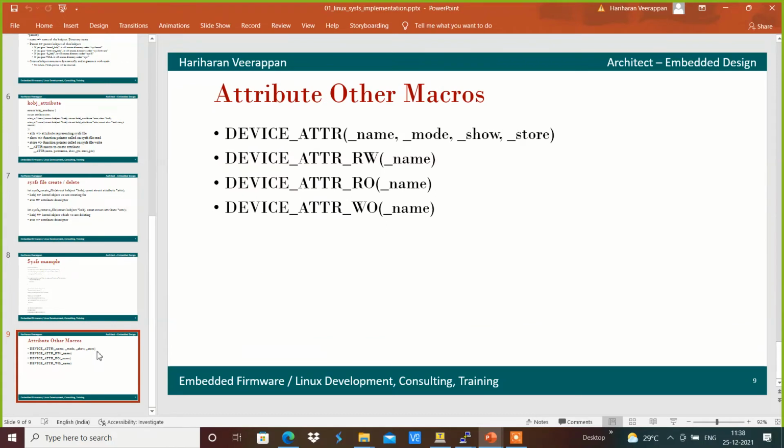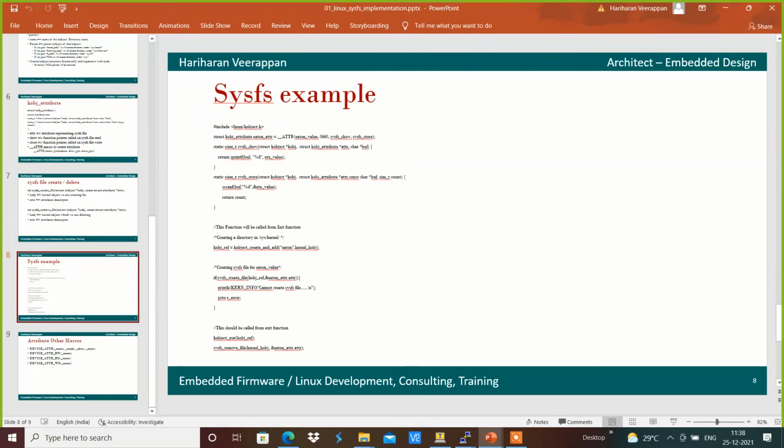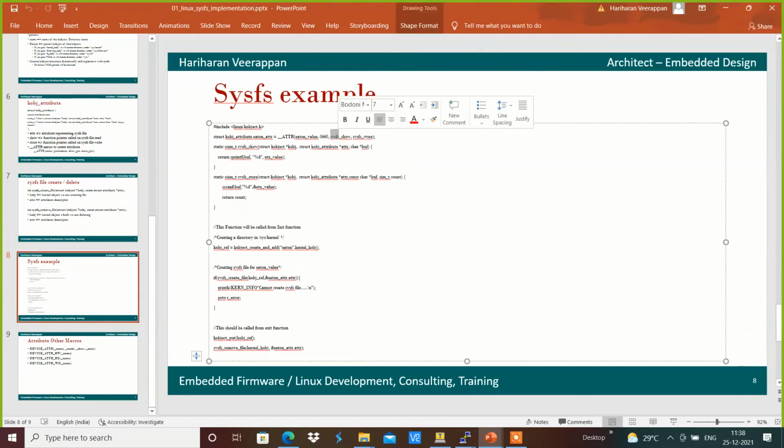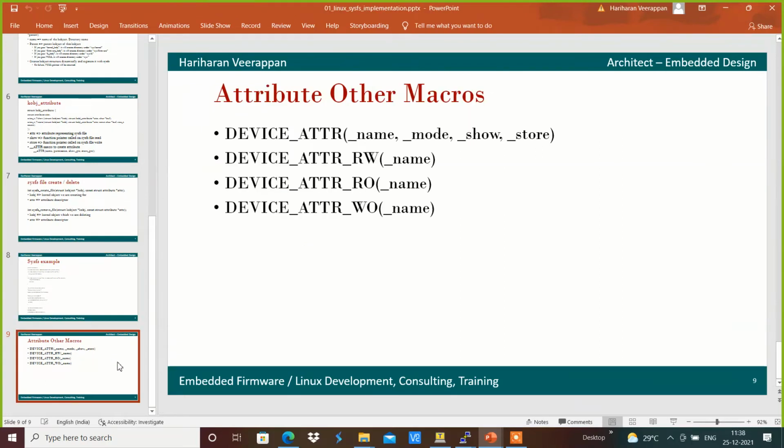Suppose we have provided an attribute which contains both read and write options, that is, show the value as well as store the value. If we want to define a variable with only read, only write, or read-write, then we can use the macros called DEVICE_ATTR for the sysfs attributes accordingly over here.